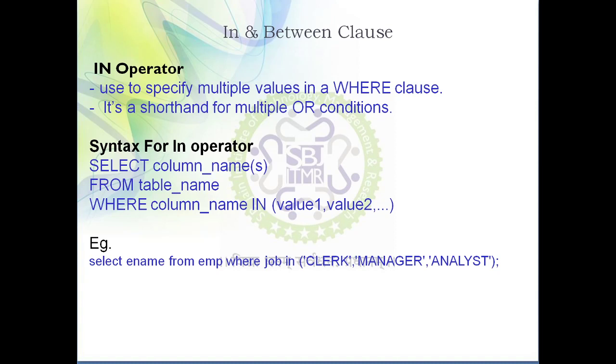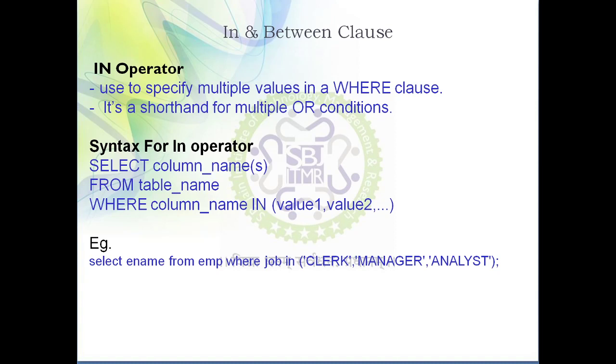Because in case of or, every time you need to specify city = Nagpur, city = Pune, city = Bangalore and so on. But this is not the case with in, where you only need to specify the values. So that is a benefit of using the in operator. So generally the in operator is used when you have multiple conditions with respect to or.